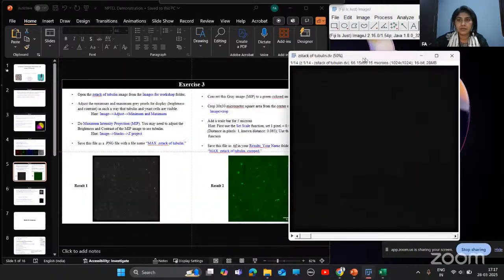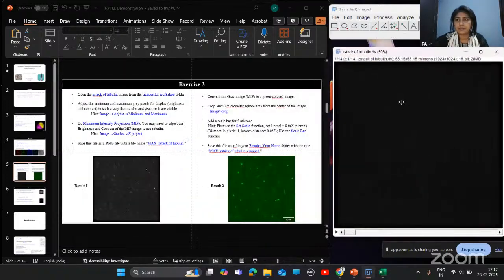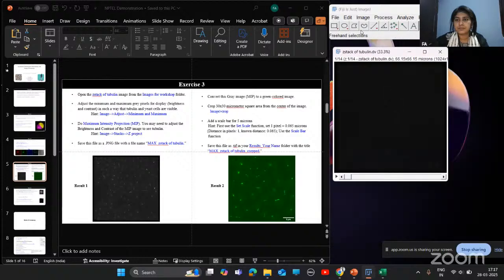First, we need to adjust the minimum and maximum gray pixel for display in the brightness and contrast of this image.